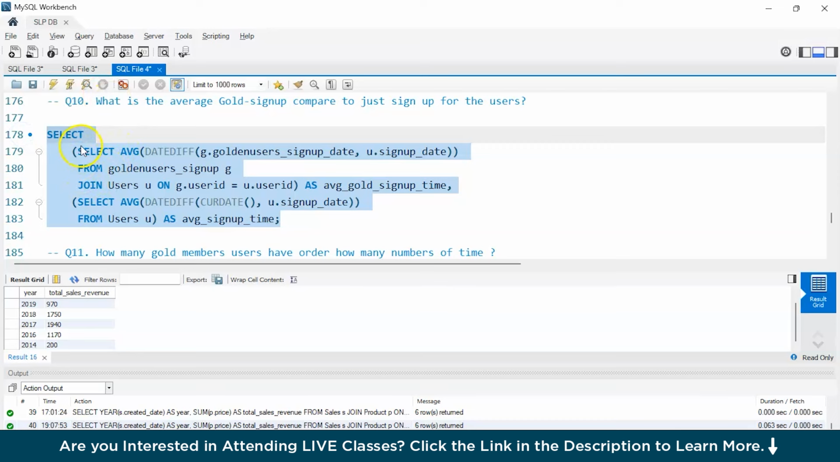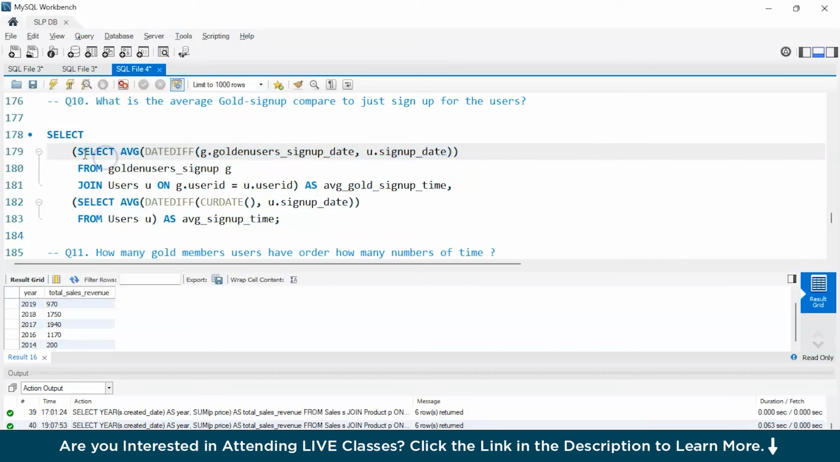So before we run, you can see there are multiple select statements here. So it's like a subquery. What we are doing is selecting already filtered columns in this particular part, and we are aliasing this as average gold sign up time. So whatever the extracted part of this query is aliased as average gold sign up time,